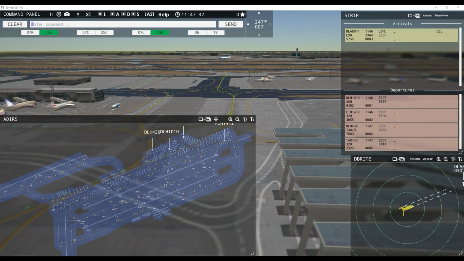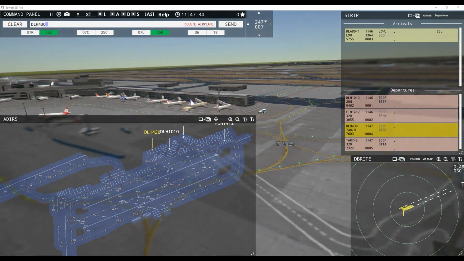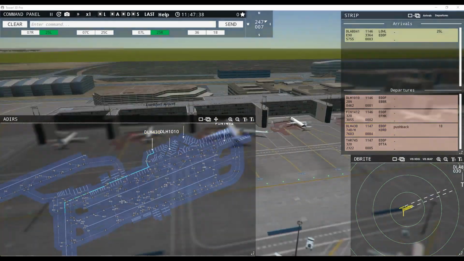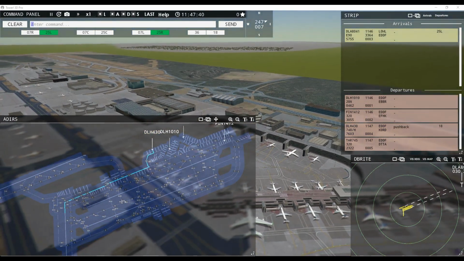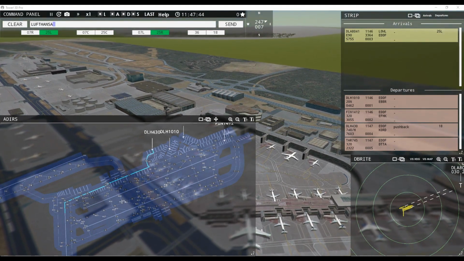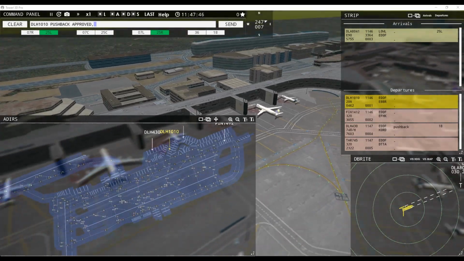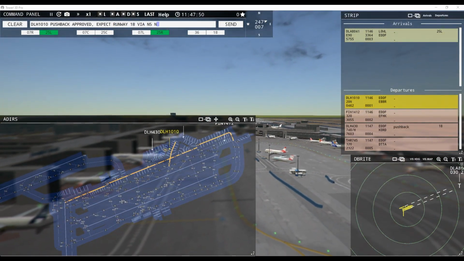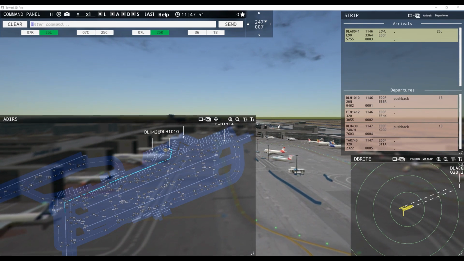And so here we go. Lufthansa 430, pushback approved. Expect runway 18 via November 8 November. Ground, 18 via November 8 November, pushback approved, Lufthansa 430. Lufthansa 1010, pushback approved. Expect runway 18 via November 5 November. Ground, 18 via November 5 November, pushback approved, Lufthansa 1010. Tunair 745, pushback approved. Expect...